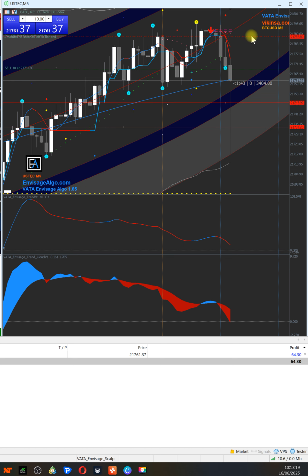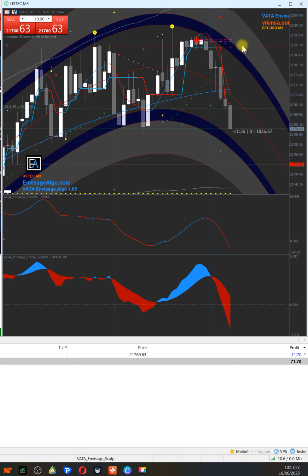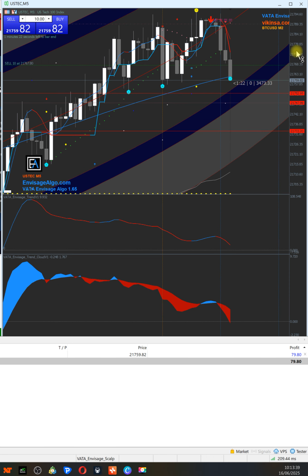Our stop loss, as I said, is going to be around here. As soon as the market starts to go in our favor and reaches our first target, we can move the stop loss. It is right there. You can put your stop loss behind this as well on M3. This is the M3 level here and there. So let me put that on the map, and let's go back to 5 minutes because we took this trade on 5 minutes and we are managing it on 5 minutes. Okay, on M3,